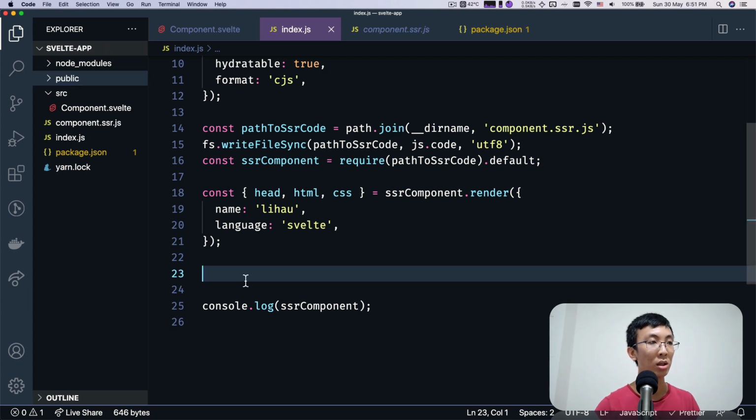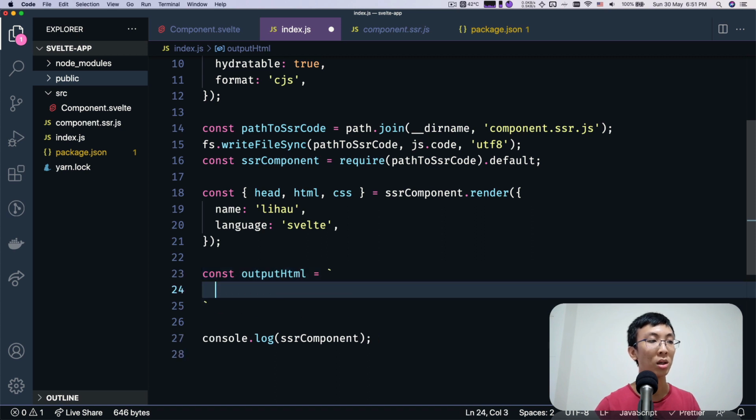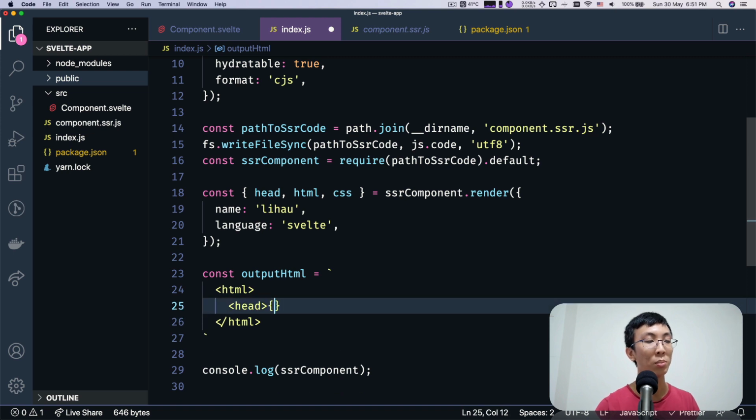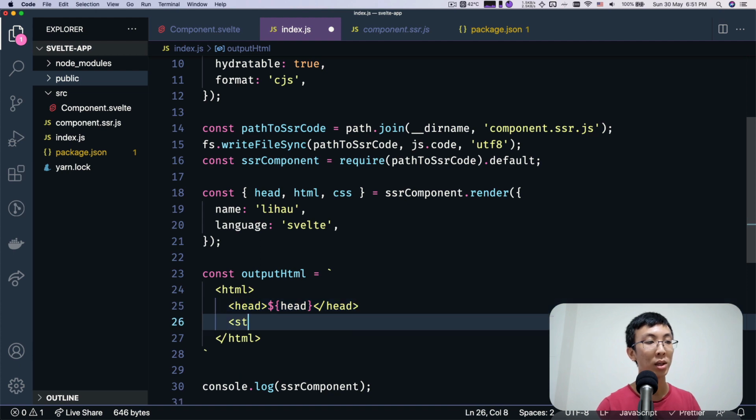So here, the output HTML would look like this. We have HTML, and then we have a head. This is where we put in the head content, and also we can have some style. This is where we put in our CSS.